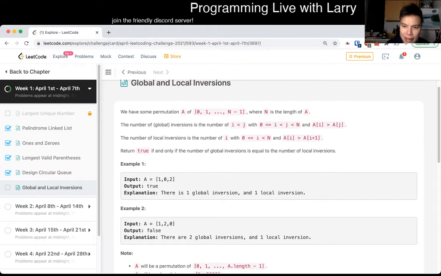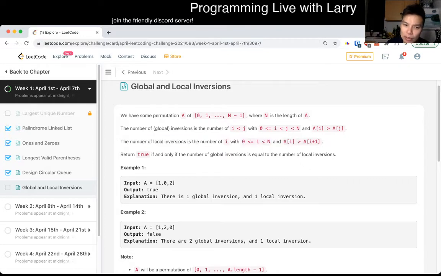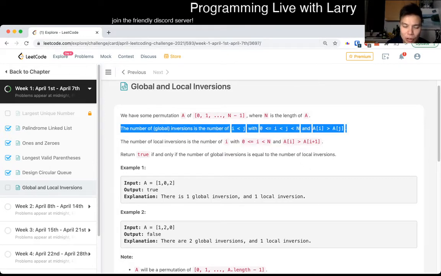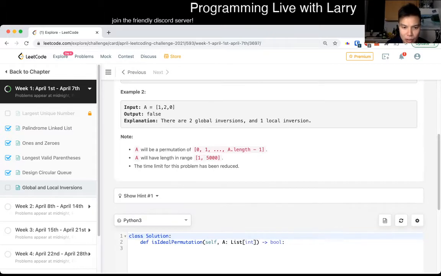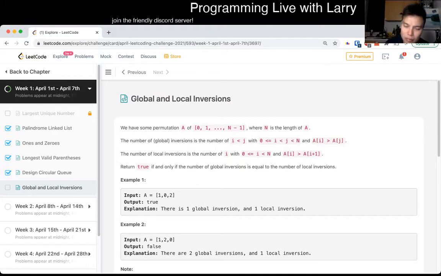So the first thing I noticed is that the number of local inversions will always be equal to or bigger than the number of global inversions. So in this problem, the only thing we have to do is try to find an example of one case where, from my guess, and this is maybe a little bit greedy, we just have to find one instance in which there's a global inversion that is not local, and then you're done. Because